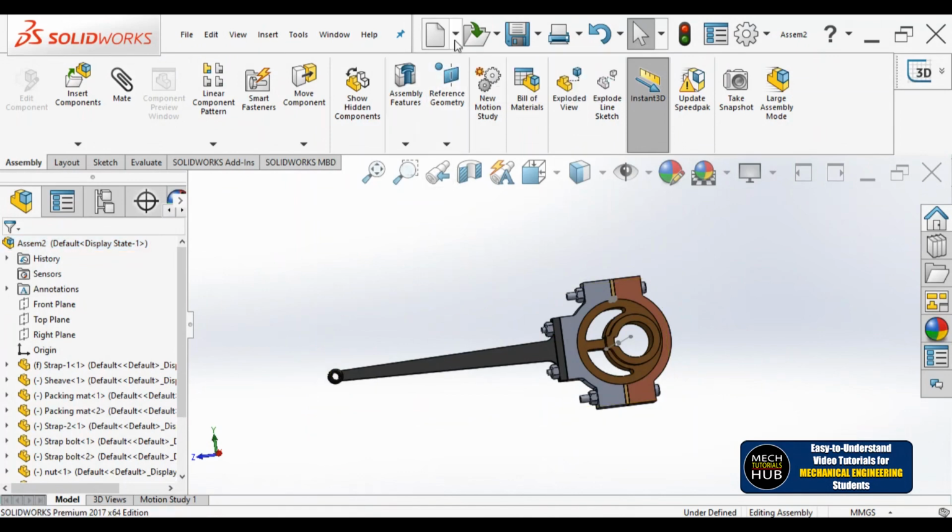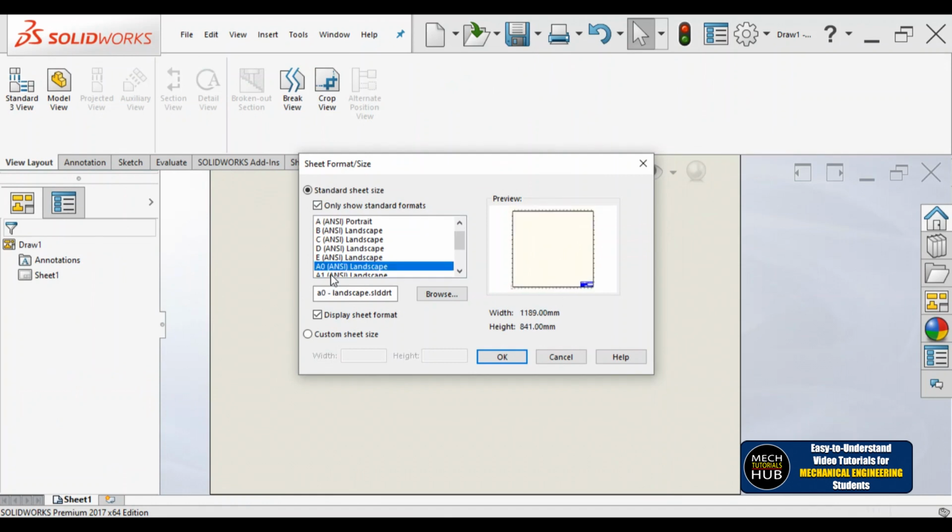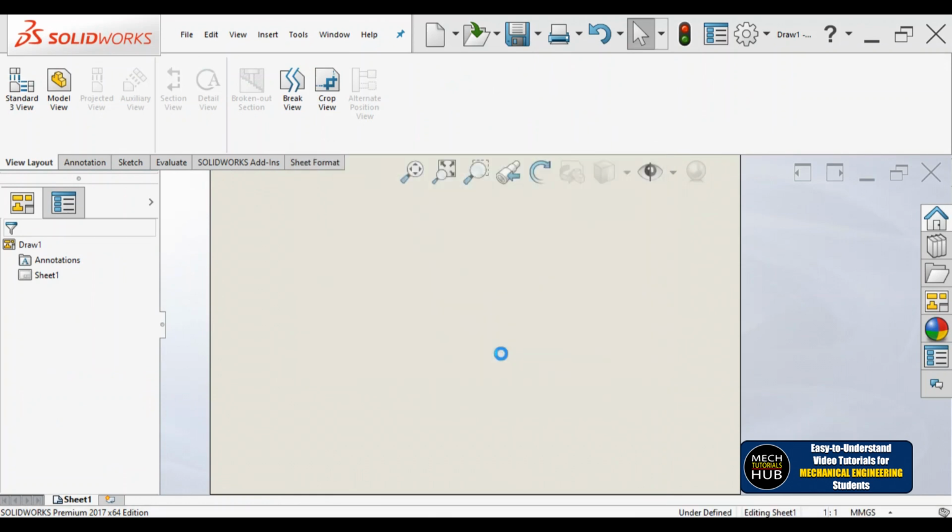Now this video is all about drafting the exploded view. I'll go to make drawing for part assembly. Now this is one way of going into the draft sheet. The other way is to directly go to new window, select draft drawing as the module. If you wait for a few seconds, it will ask you to select the template or the sheet format. We are going to select A0 size as the sheet format, A0, and say okay.